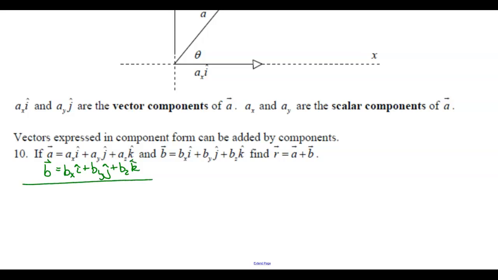So if I add down, my vector R, which is just vector A plus vector B, is going to be, I add like components. Now you may be saying, what do I mean by like components? These i hats are alike. So that means I'm going to have the x components times i hat, the y components, j hat, and the z components, k hat. So it allows a simple addition process that doesn't involve a protractor and a ruler and very careful